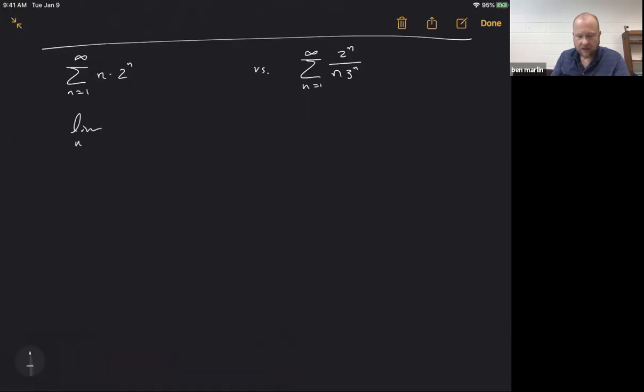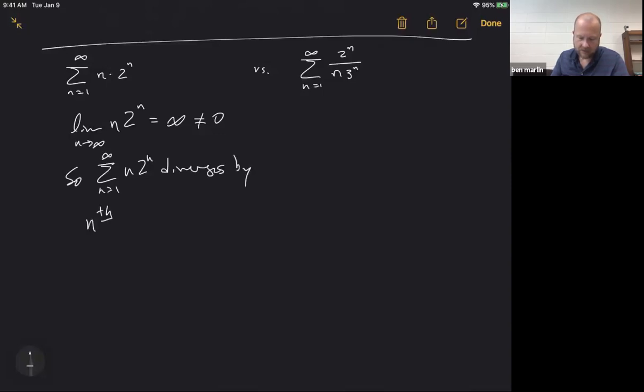We can do the limit as n goes to infinity of n 2 to the n, and you know that's going to be infinity, which is not 0. So our series diverges